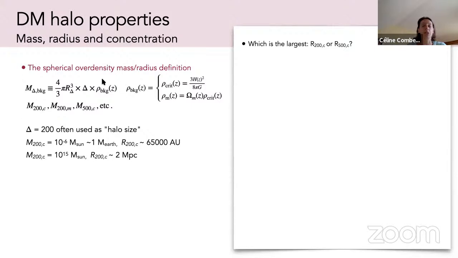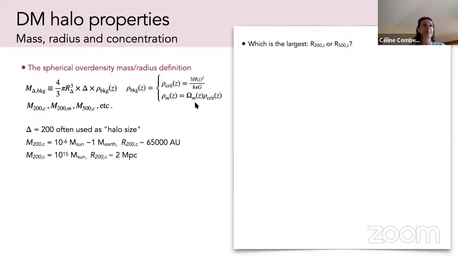So what is generally done is that we're going to say that a halo has a mass M_delta when this allows us to define the radius R_delta within which the average density of that halo is delta times a background density. Okay, so I just have the volume of the sphere, R_delta, and I have an average density that is delta times some background value. For the background value, there's two options in the literature. People do use the critical density of the universe or the mean density of the universe, which is just the